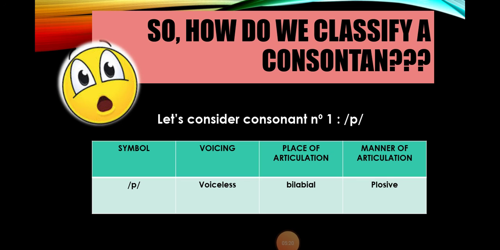Well, so how do we classify a consonant? Let's consider example number 1, p. The symbol p: voicing, it's voiceless, without vibration of the vocal folds. According to the place of articulation, it's bilabial because the two lips are in contact to produce this sound. And according to the manner of articulation, p is a plosive consonant because